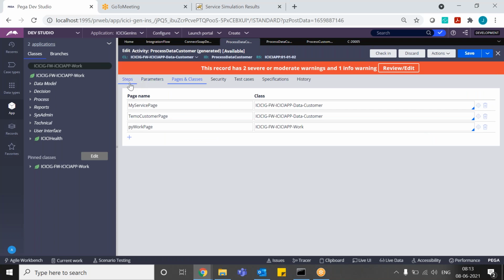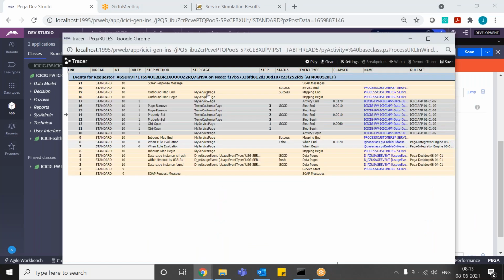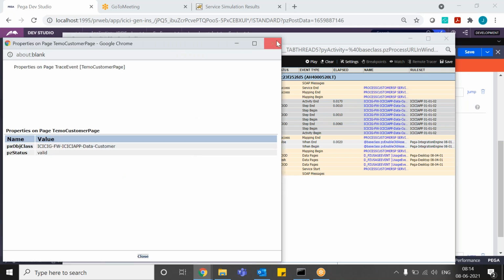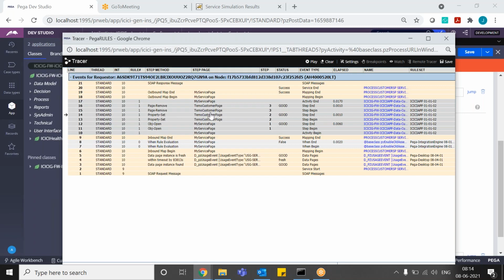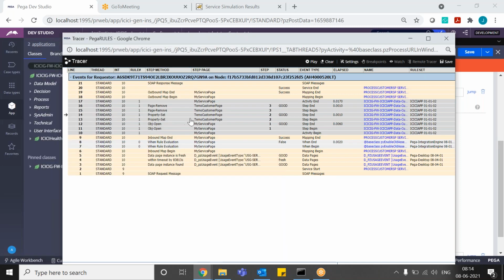Okay, sir, if you go to the tracer, open that page again. After the OBJ open, this should have the values. So we are doing something wrong here only.